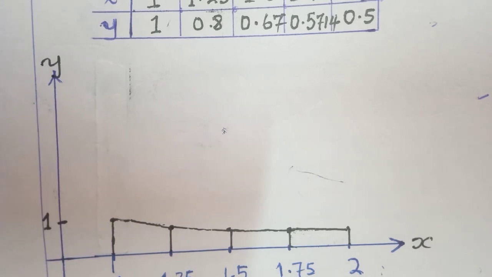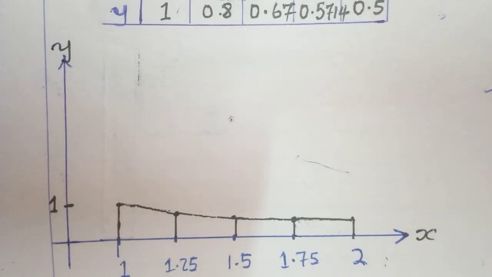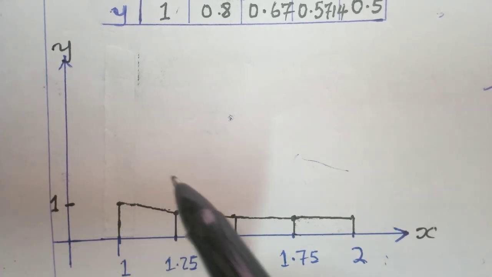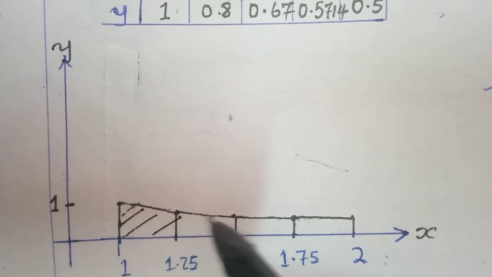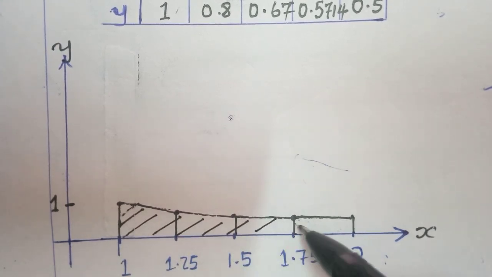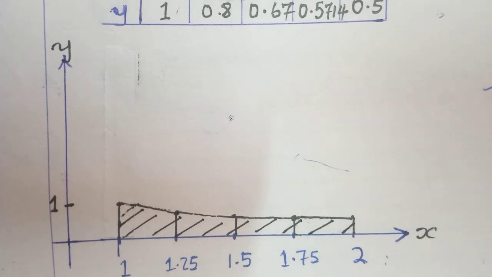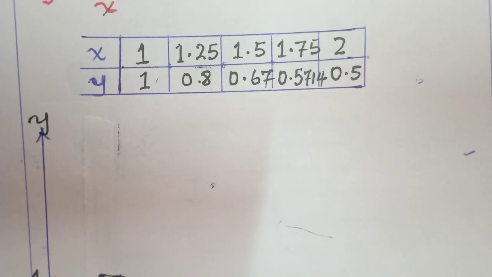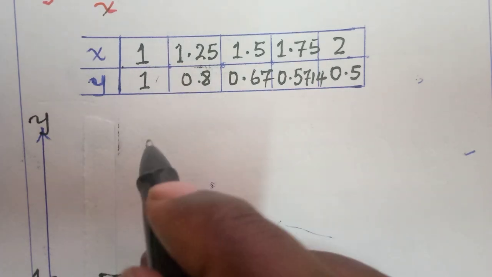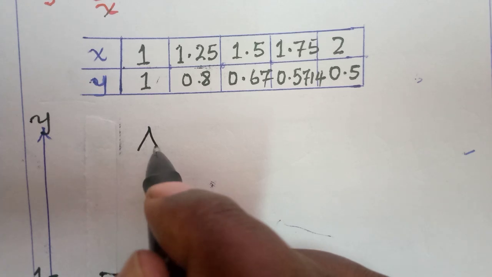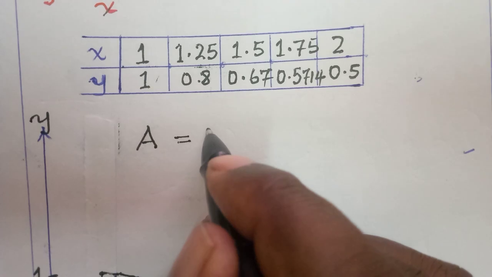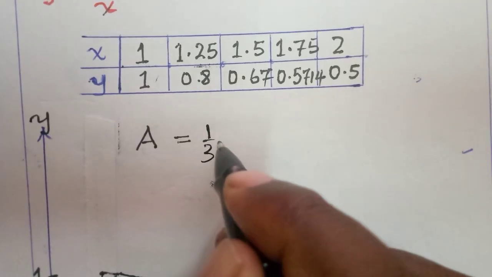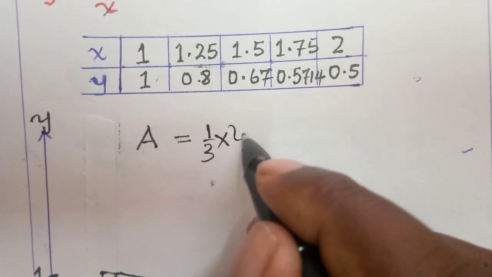And so, guys, now we come and calculate the area under the curve. The area under the curve is what we are now supposed to look for. So, guys, when we look for the area under that curve, we use the equation, and the equation that we use is given by area. That is the Simpson's rule. Area is equal to a third, that is a third, multiplied by the interval,